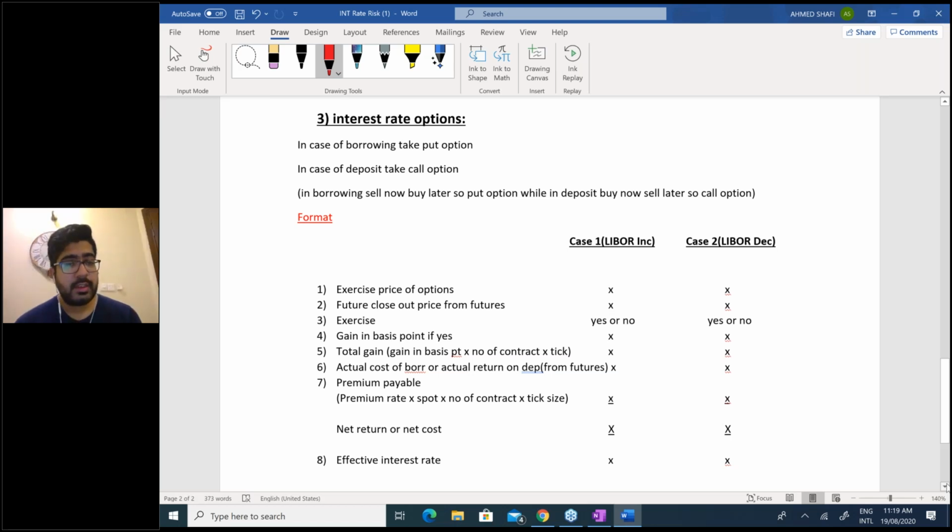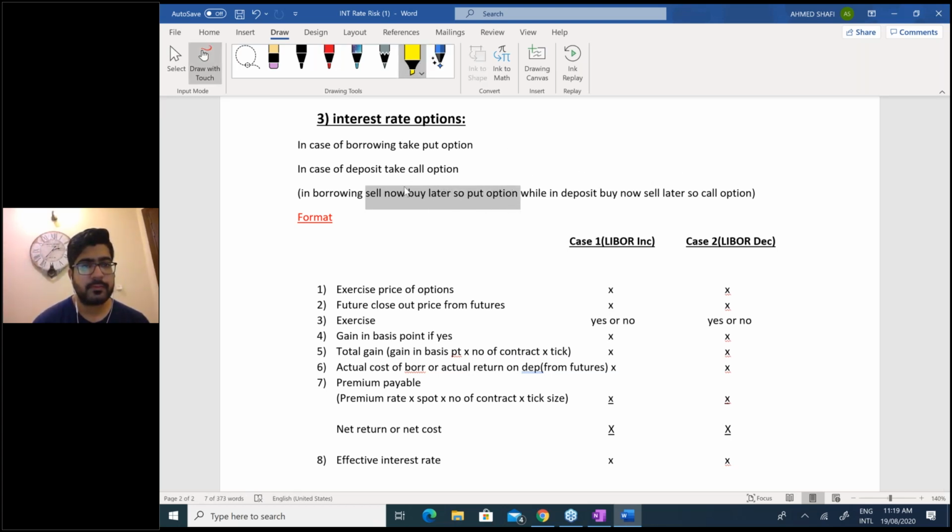Now in interest rate options, the first rule, the strategy: in case of borrowing, we take put option. In case of deposit, we take call option. Someone asked me what is the reason behind that. We just studied that in borrowing, the strategy is sell now, buy later. So if the strategy is sell now, buy later, selling means take put option. While in deposit, the strategy was buy now, sell later. So call option. Okay. Now this is the presentation format which you have to mention in the exam